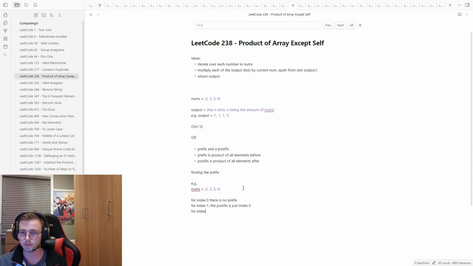For index 2, not the postfix, the prefix, sorry. The prefix is just the prefix